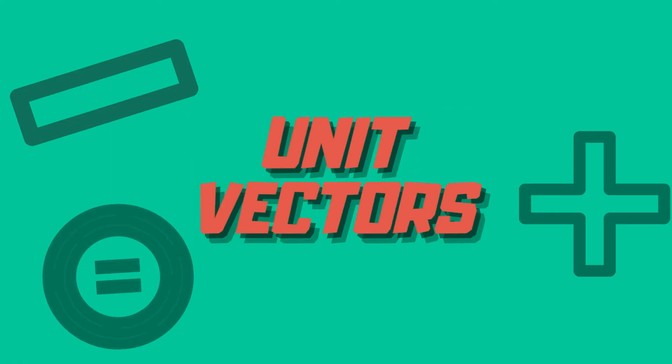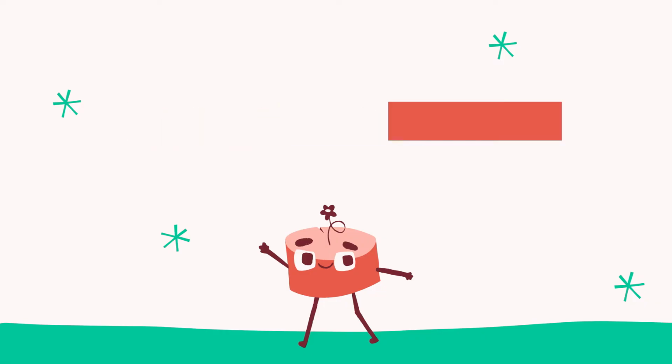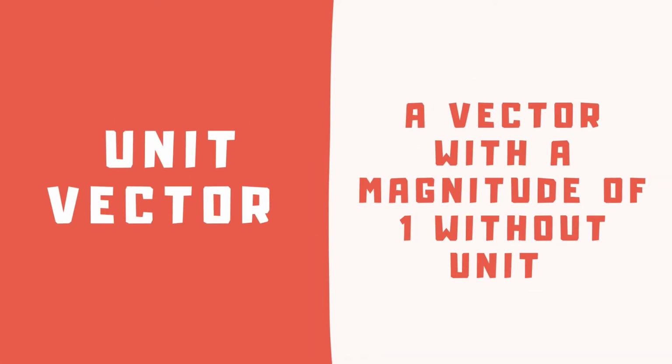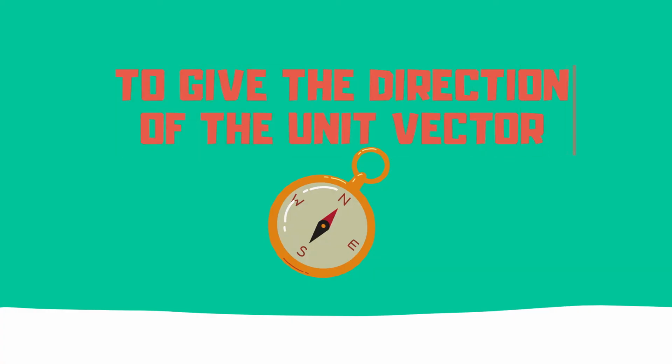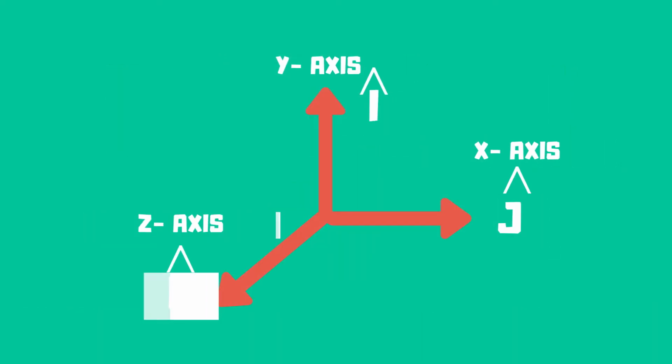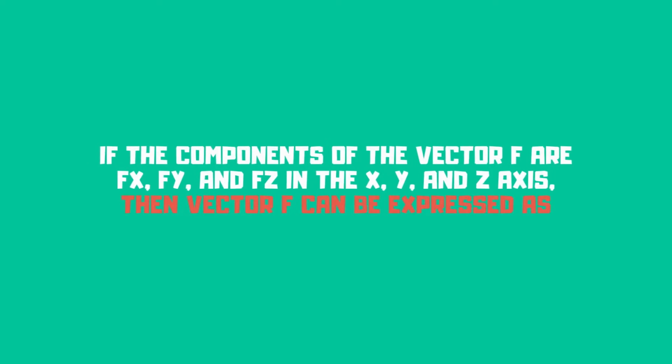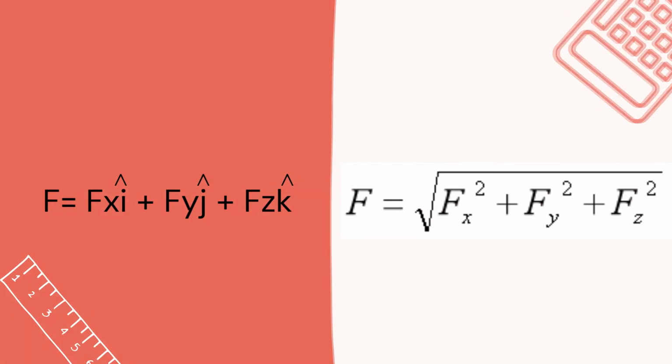Now we will talk about unit vectors. But before we begin, what is a unit vector? A unit vector is a vector with a magnitude of 1 without unit. Its purpose is to give the direction of the given vector. A vector can be expressed in terms of the unit vectors i, j, and k. If the components of the vector F are Fx, Fy, and Fz in the x, y, z axis, then vector F and its magnitude can be expressed as